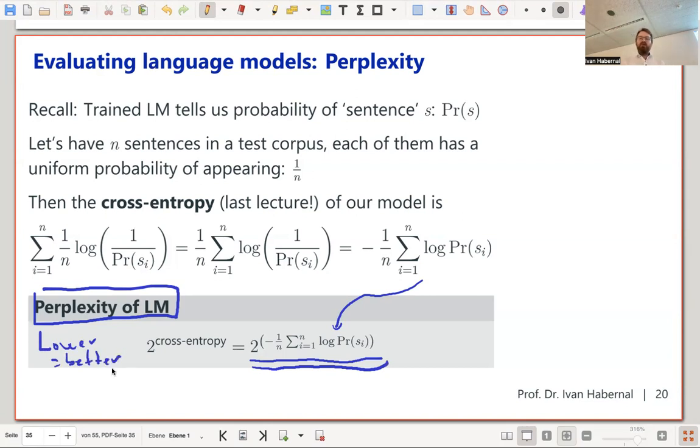And you can guess why, because of that. If you do the math here, you see that if you're getting high probabilities for the sentences you see in the corpus, then taking a logarithm of high probability goes to